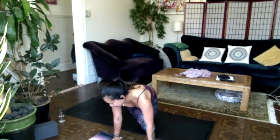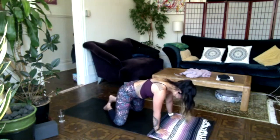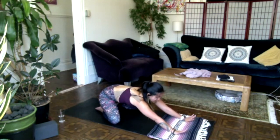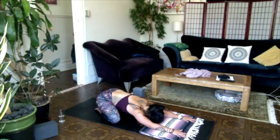Okay, great. 3 rounds of breath, child's pose, please. So just take these next few moments, decelerate. Feet out super wide, toes touch together, or rather knees out super wide. You'll bring the hands really far forward, rest the forehead onto something. This could be your block, your water bottle,